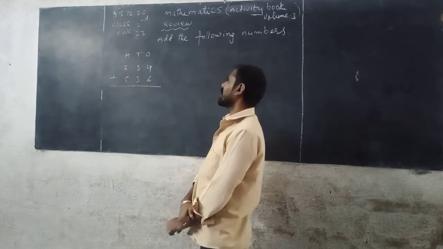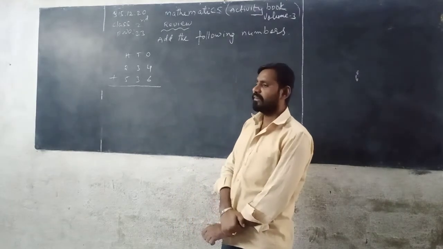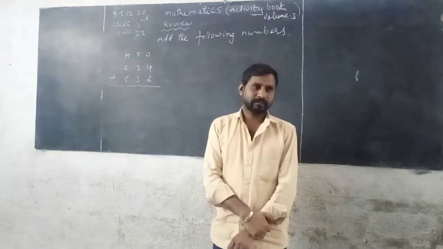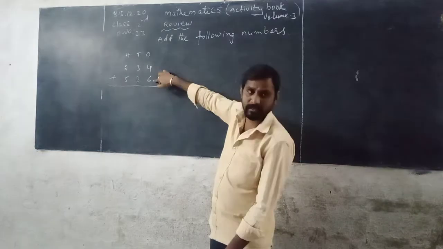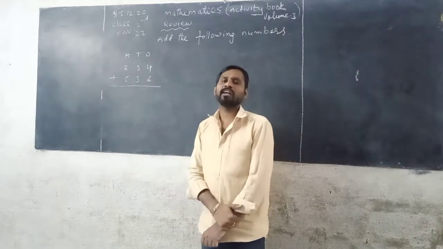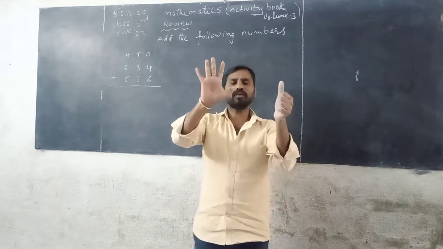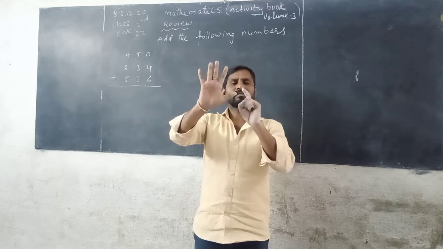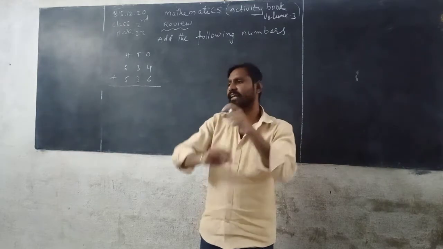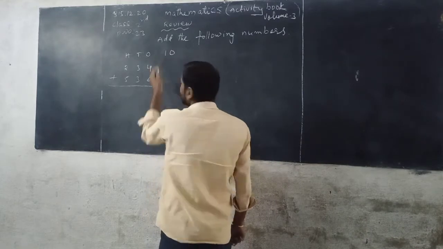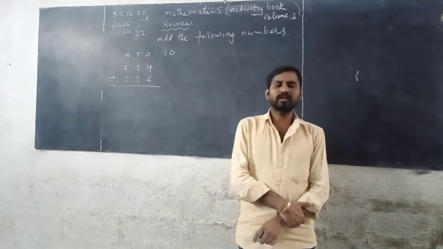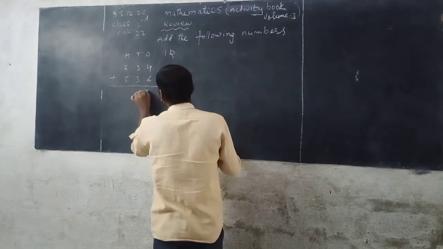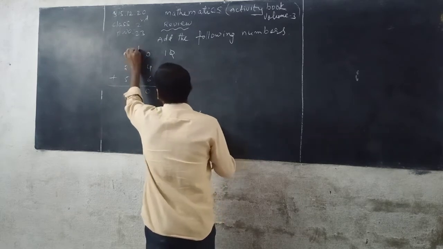So, 234 plus 536. First, we add the digits in the ones place. See here, 4 plus 6. Keep 4 in the mind, and take 6 fingers in your hand. So 4, after that you can count 5, 6, 7, 8, 9, 10. So you get 10. 10 is a 2-digit number. In it, 0 you write down in the ones column. Now, 1 is carried to the tens place.